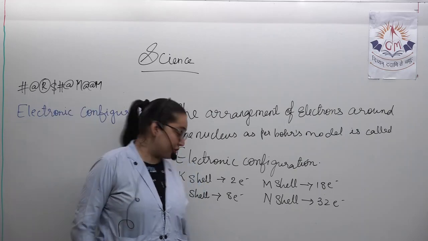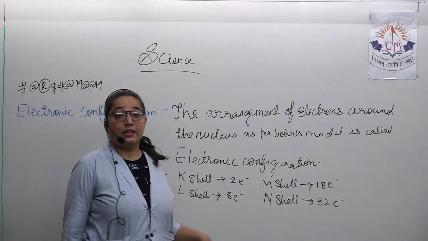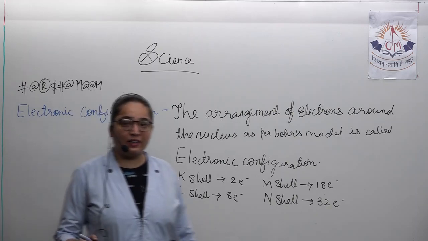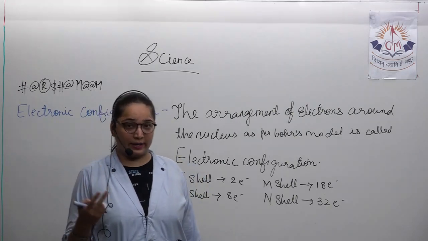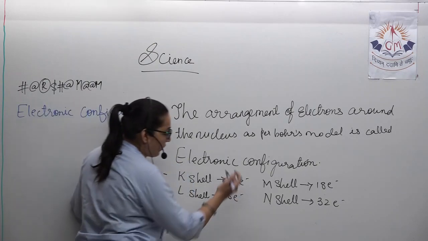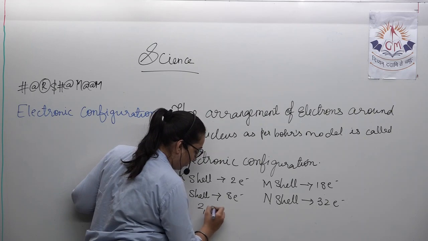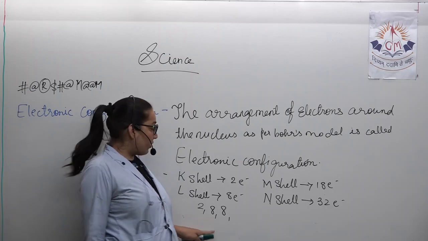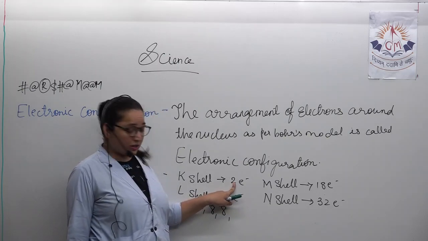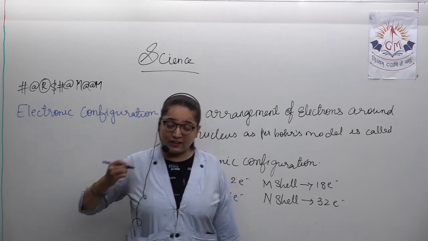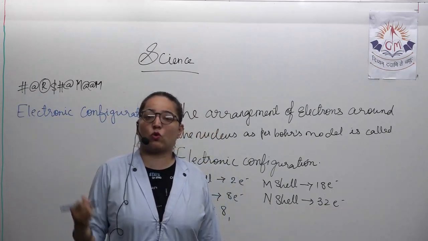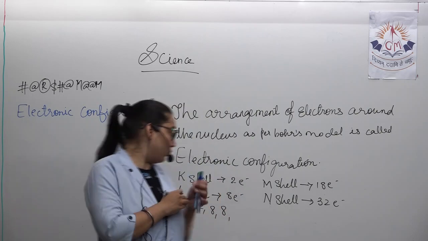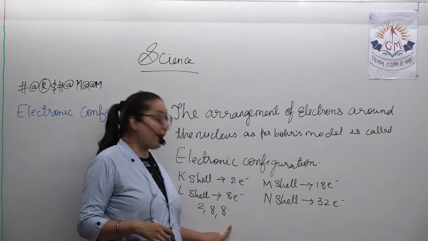Now for your kind information, there is not one L shell, there are 2 L shells. So I am talking only till electronic configuration 20. How do you have to do the arrangement? You have to do the arrangement in this way: 2, 8, 8. First, you have to take 2 electrons, then 8. Then after taking 8, you have to take once more a stroke of 8. Till 20 I am talking about. First 2, then 8, then again 8.